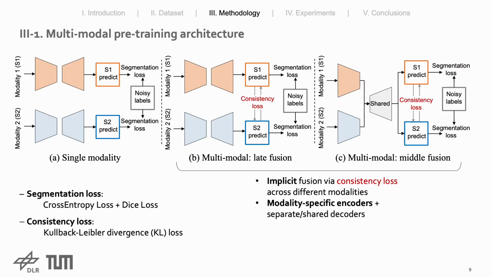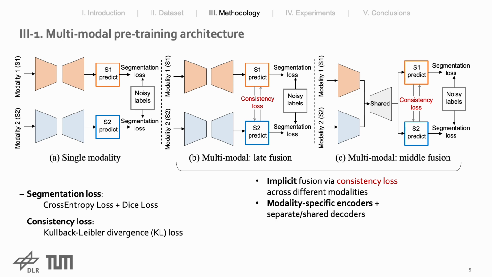Now we go to the methodology part. In our work, we tested two multi-modal pre-training architectures, late and middle fusion. The major difference of the two multi-modal frameworks compared with the single model case is the addition of the consistency loss across different modalities. Besides, we keep the modality-specific encoders for each modality to guarantee the encoder's flexibility when transferred